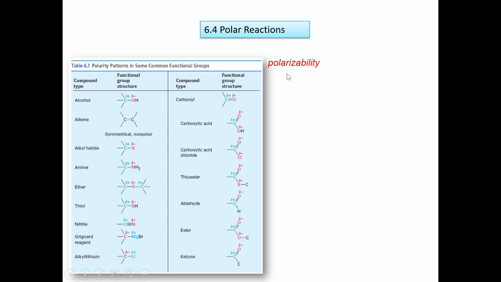Here you have the polarizability of different functional groups. Okay? You can see here in all these groups there is one carbon that is density negative and one